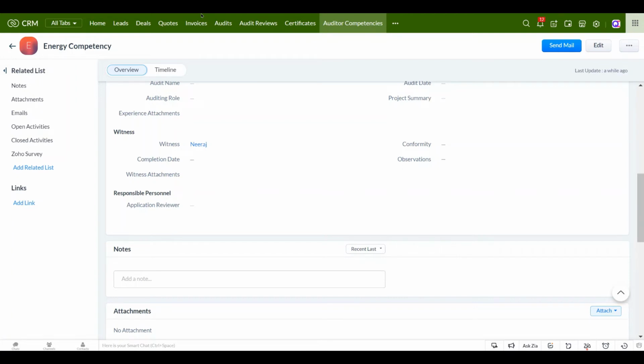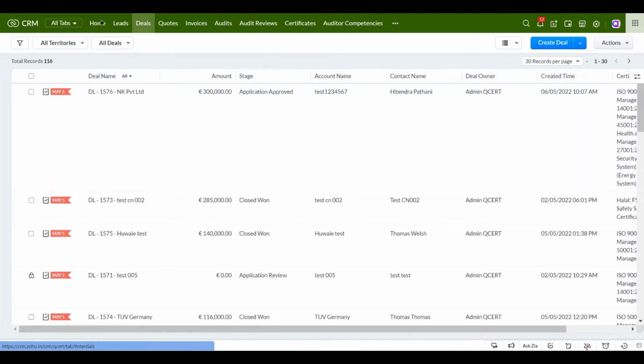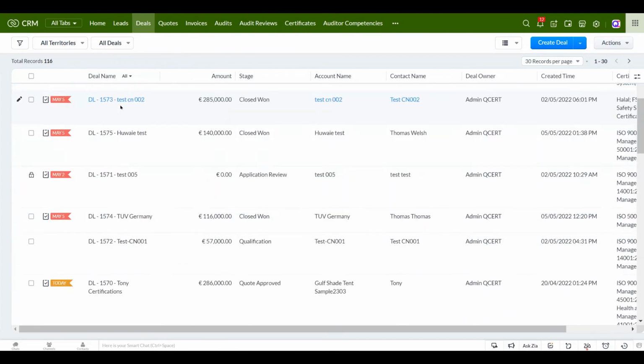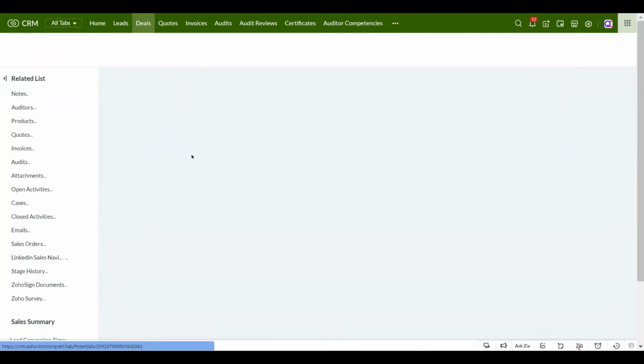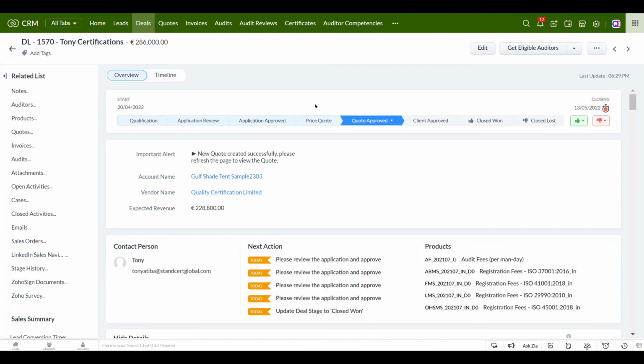Now, how this information is used is that on every deal, when the certification manager needs to assign an auditor, they would basically pounce on the deal. So let me pick something where I could show you how the button works. I'm going to pick this one. I was working on this particular test record this morning. So I picked this up and this is now waiting for code approval from the customer. I have this small button here, Get Eligible Auditor. When I click this Get Eligible Auditor,